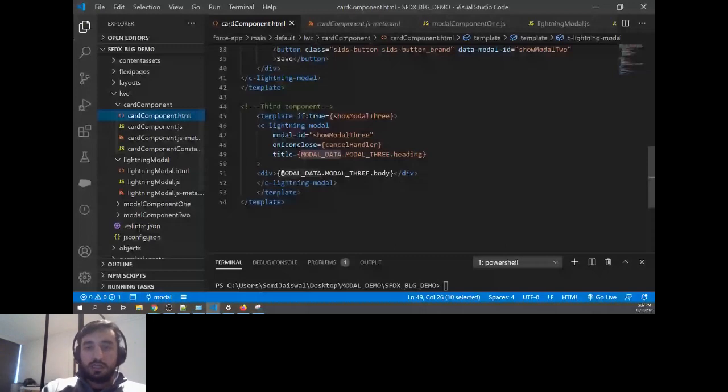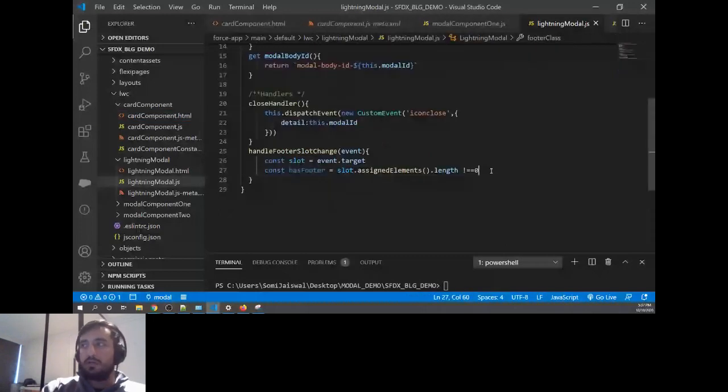So I'll store that as has footer, some variable I created, and I'm storing that value, whether it's true or false. And I'm going to create another local property here, and I'll say footer class. I'm creating the variable only, the footer class. And I'll use that footer class below and say this dot footer class equal to, if has footer is true, right?